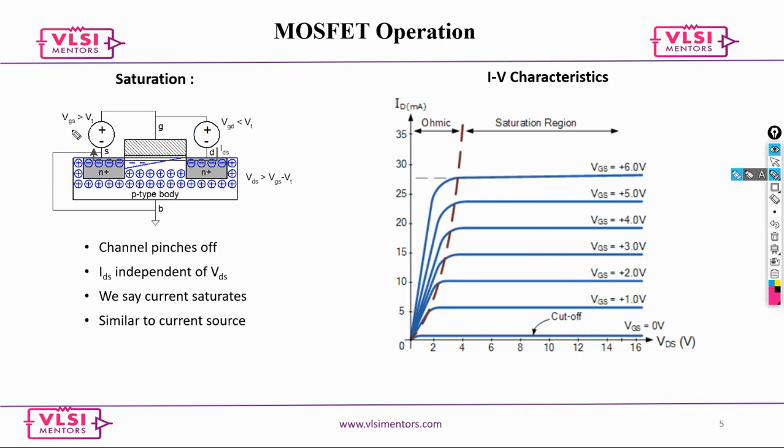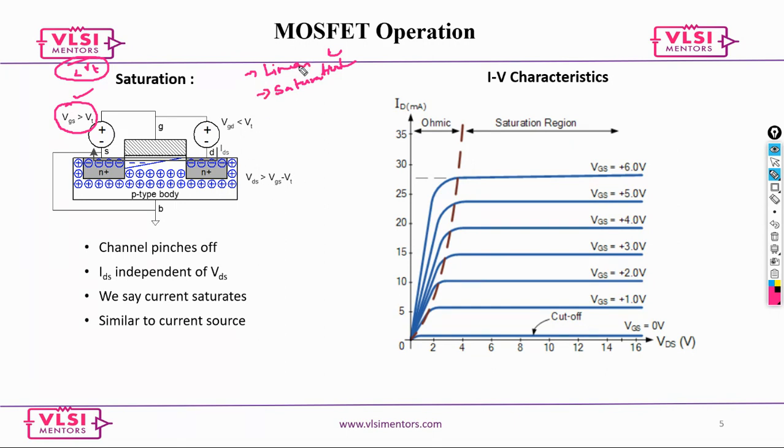Now, the condition for turning on the transistor is VGS greater than VT. This is the basic condition. If it is less than VT, then it is off. If VGS is greater than VT, it is turned on. Now you need to know whether it is operating in linear mode or saturation mode. This is going to be identified